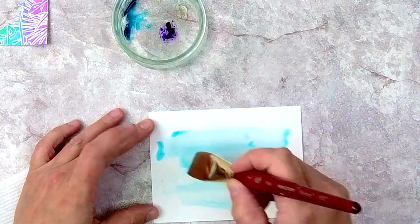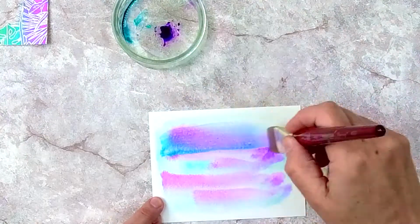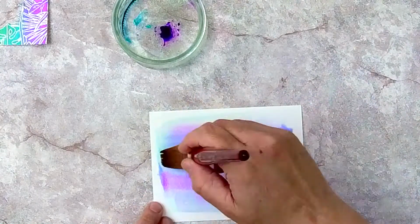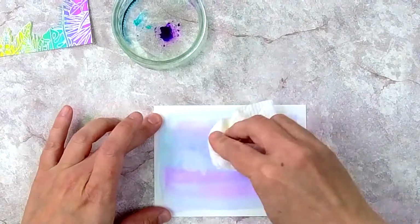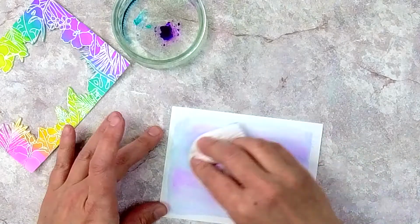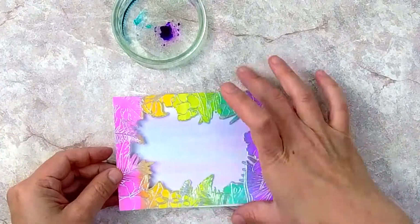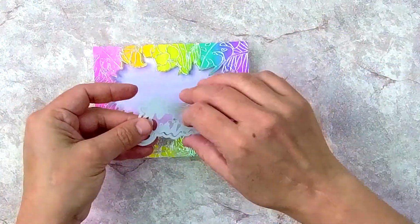So I've gotten another piece of watercolor paper, and I've just used some blue and purple Aqua pens. I put a little bit of ink in a jar, and I'm going to just do a very light colored watercolor wash. Now I ended up going a little bit heavier with the color than I meant to, so I just use a paper towel to pick up some of the color. So if you go too heavy, don't worry about it. Just pick some up with a paper towel and make sure that you're happy with the contrast between your frame